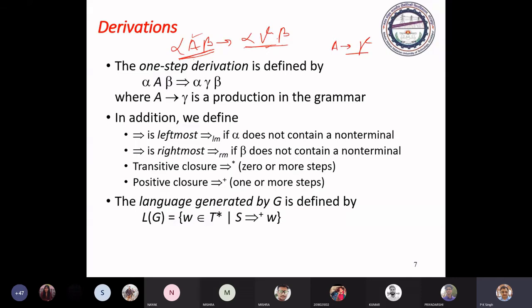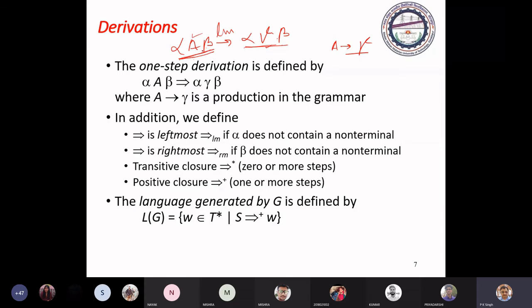Beta may be a string of terminals and non-terminals, but alpha must be a string of terminal symbols. And in that case we are selecting A for replacement by its right side, gamma. That is called leftmost derivation, and we write LM.